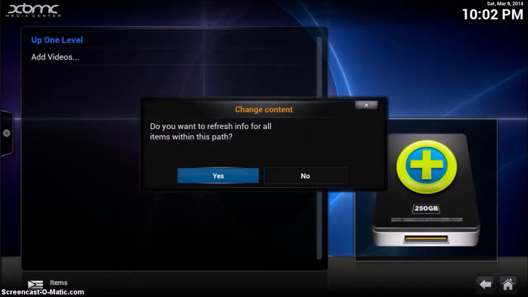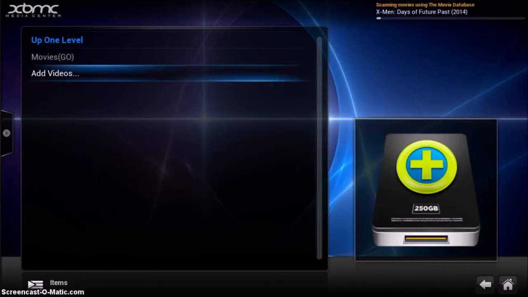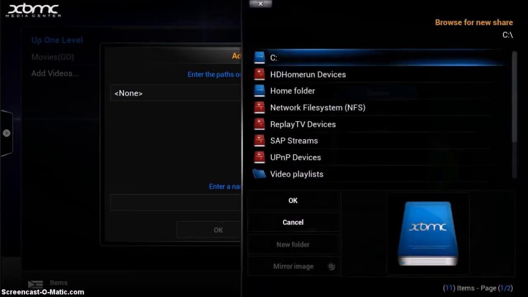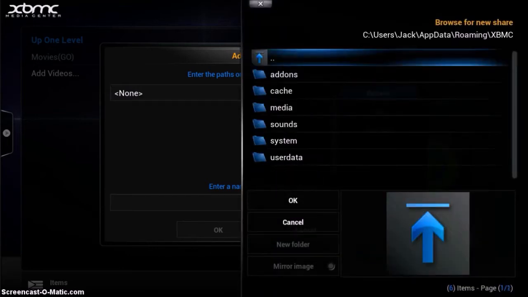So just okay, and do you want to refresh info for all items? Yes. Now, as you can see up in the corner, it was adding all that content that we added. So now we repeat these steps again, and you browse, and then you go to the folder of